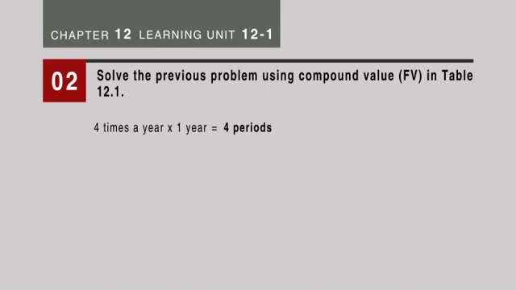Our interest rate per period is 8% divided by 4, the number of compounding periods per year, and that is 2%. So we're going to look up the table factor at 4 periods at 2%, and we're going to get 1.0824. Multiply that number by 200, and that's going to give us the same number that we calculated manually,